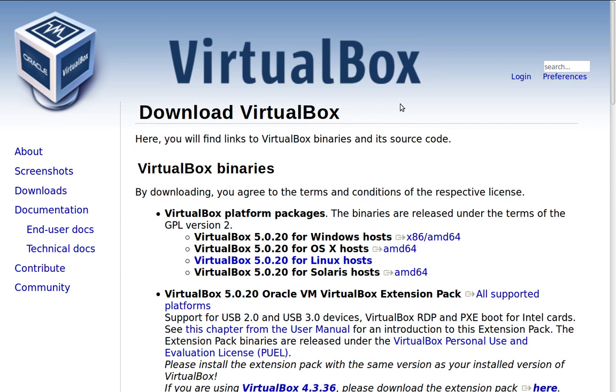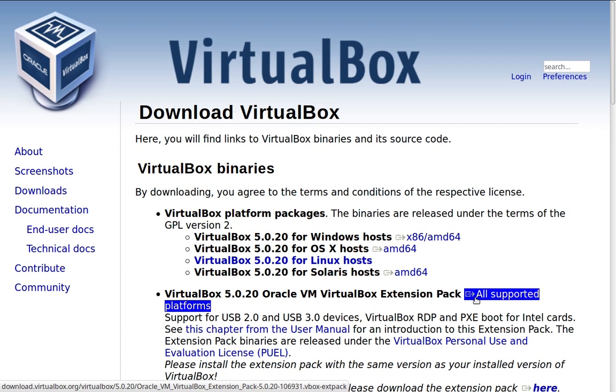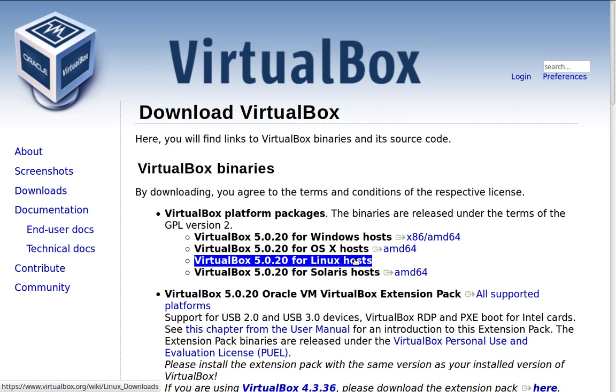So the first file that you want to download is right here. This is the extension pack file, and this gives you a lot of really groovy features. You want to have this downloaded first, and then you can choose your download or your installation method for VirtualBox. No matter what operating system you want to put VirtualBox on, they have a solution available to you. We can do it for Windows, Mac, Solaris, and Linux